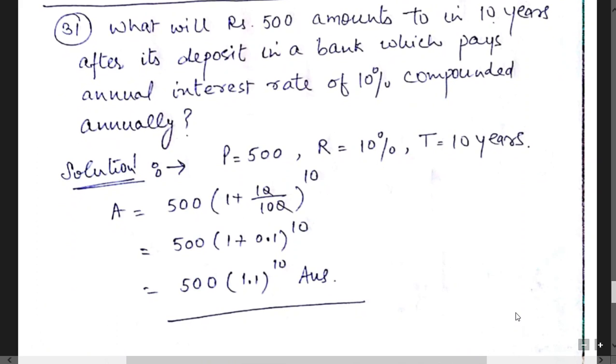Question number 13 is a simple question of compound interest basically. In case of compound interest, when we are using the formula for amount, the amount is principal into (1 plus rate over 100) power 10. Apply this formula. Principal is given to you, 500. Then the time period is also given to you, that is 10, and the rate of interest is also 10. It's 0.1 power 10. It's 1.1 raised to power 10. It means the answer is 500 into 1.1 raised to power 10.